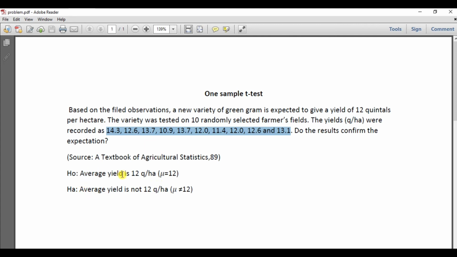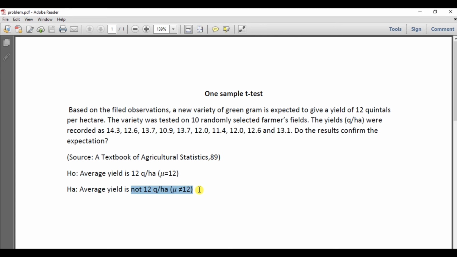The null hypothesis was the average yield of the green gram is 12 quintals per hectare, and the alternative hypothesis was that it's not equal to 12 quintals per hectare, but we did not specify whether it is less than 12 or greater than 12 quintals per hectare. So in this case, the alternative hypothesis is of two tail type. There are two options: it can be greater than 12 quintals per hectare or less than 12 quintals per hectare.